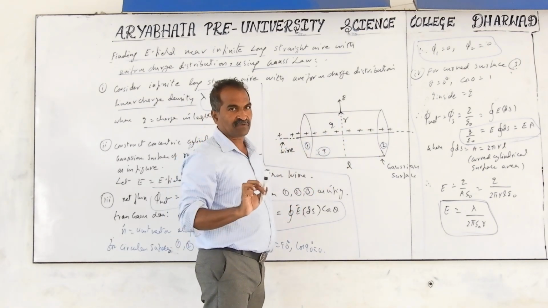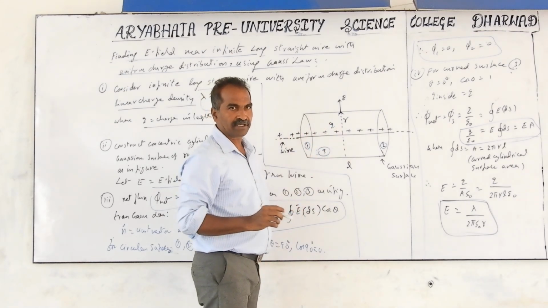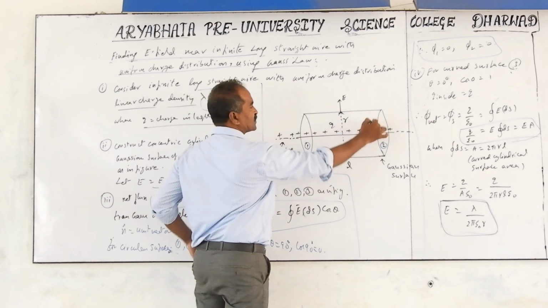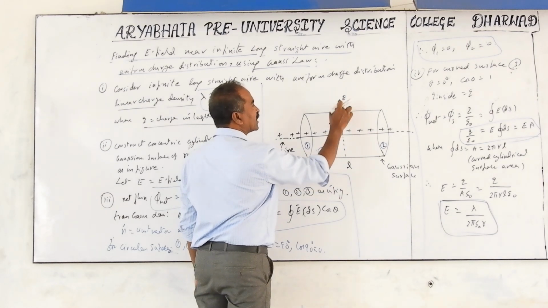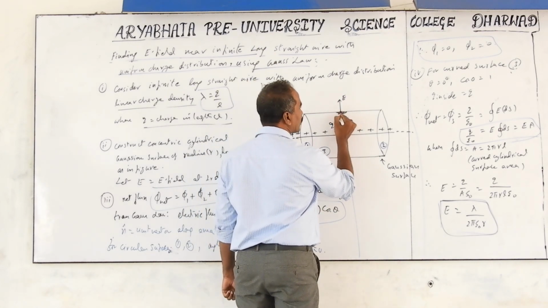It is a three-dimensional surface, like a cylinder or a sphere. Whatever shape you take, a regular surface is easy to calculate with. Regular means we take a cylindrical or spherical surface. Here we are taking a cylindrical surface of radius r. Radius r means the distance from the wire where you are finding the electric field. For this we take a small surface area, ds.